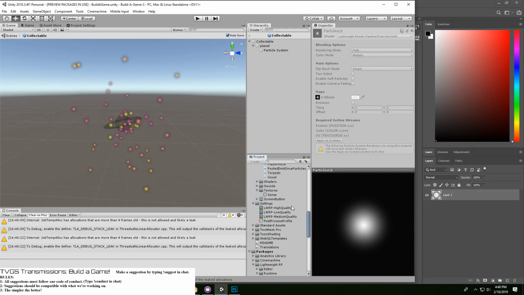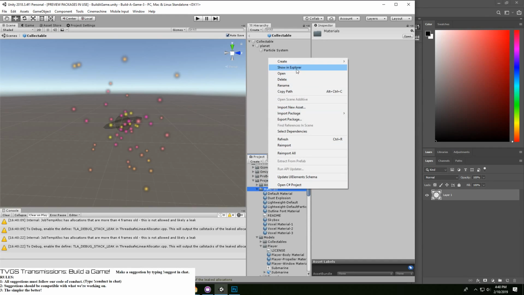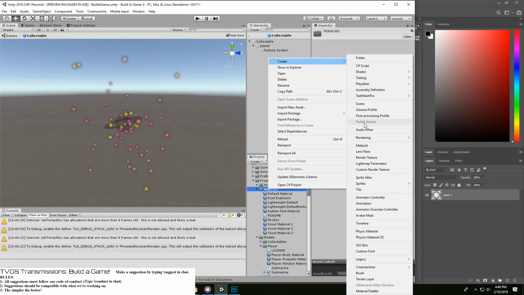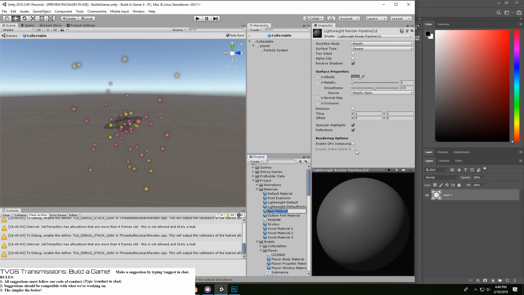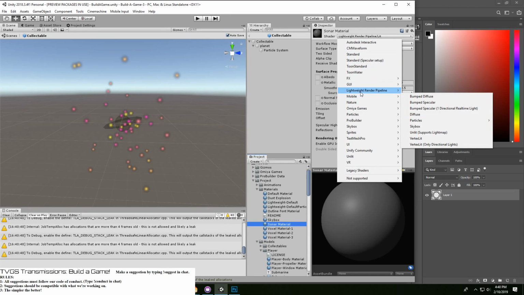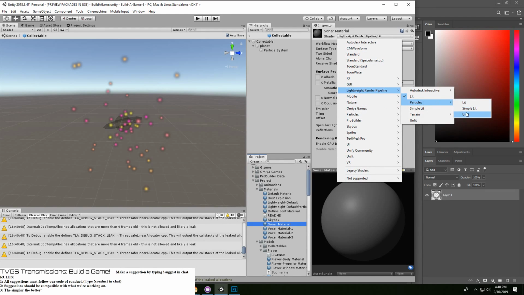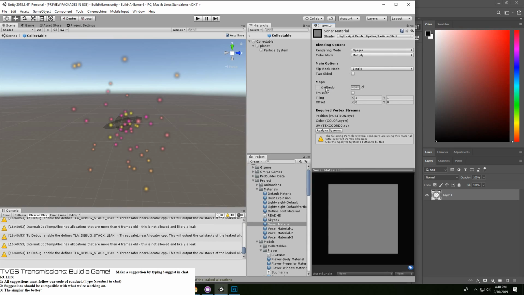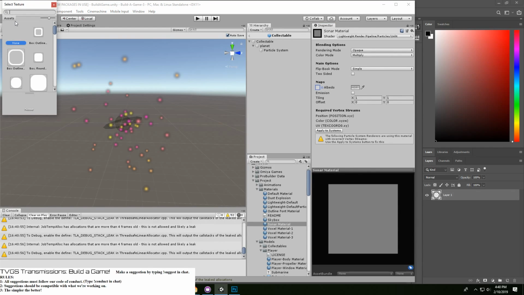This does not let us change that particle. So we are going to create a new material and call it sonar. And sonar is definitely meant to be an unlit particle. We are going to change that to sonar.